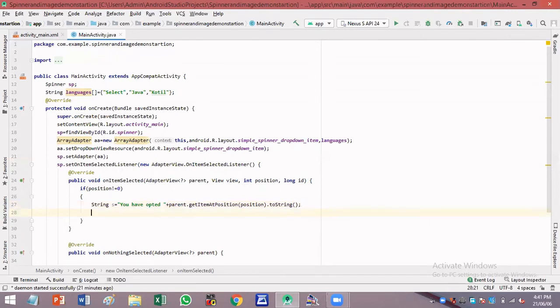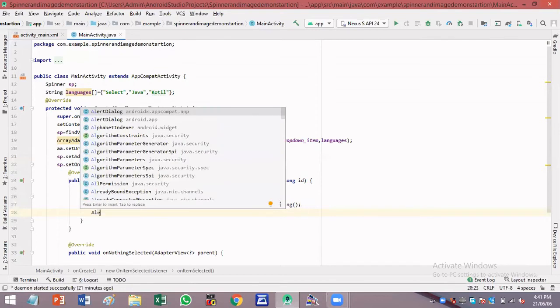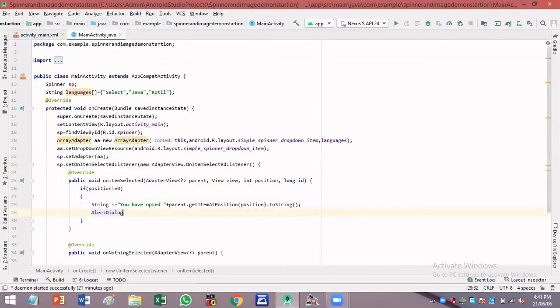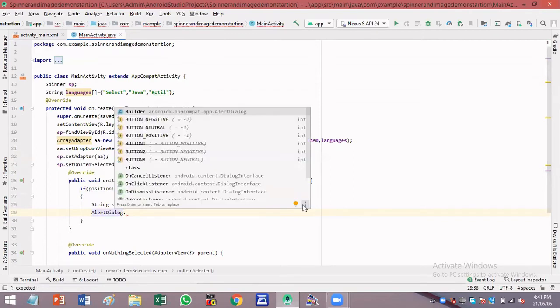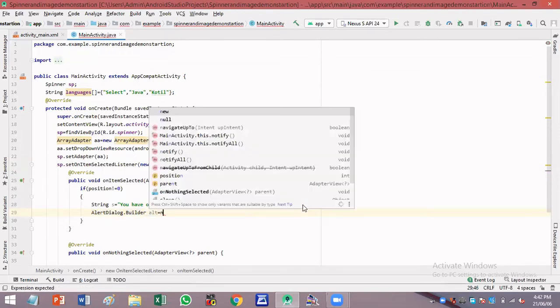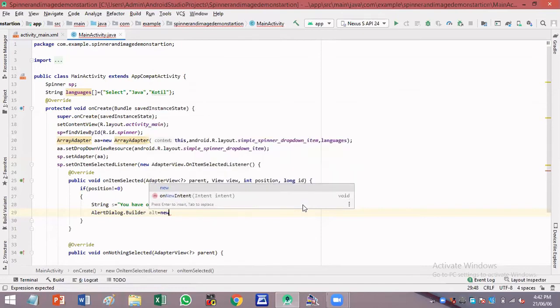And next, to generate the alert dialog box, I'll be calling the AlertDialog class dot Builder. I'll be creating an object called alert equals new AlertDialog.Builder.